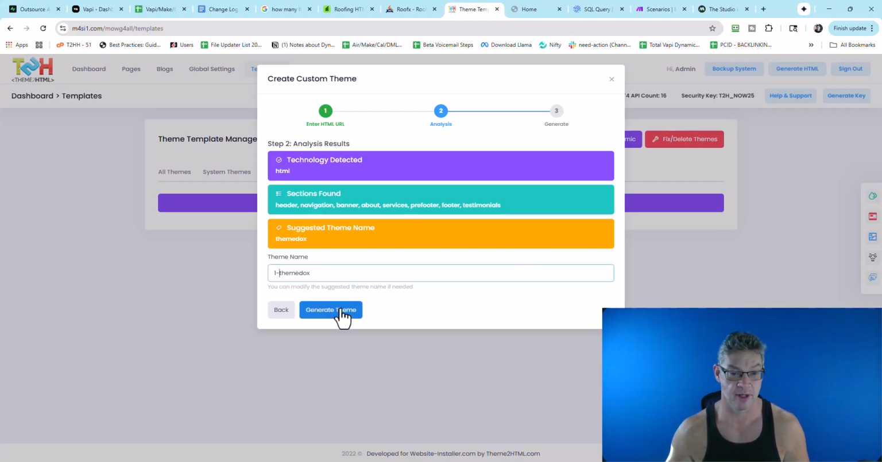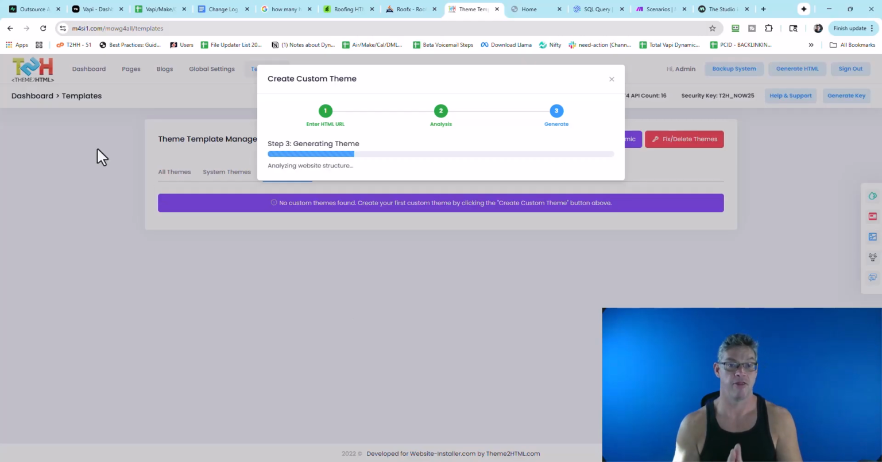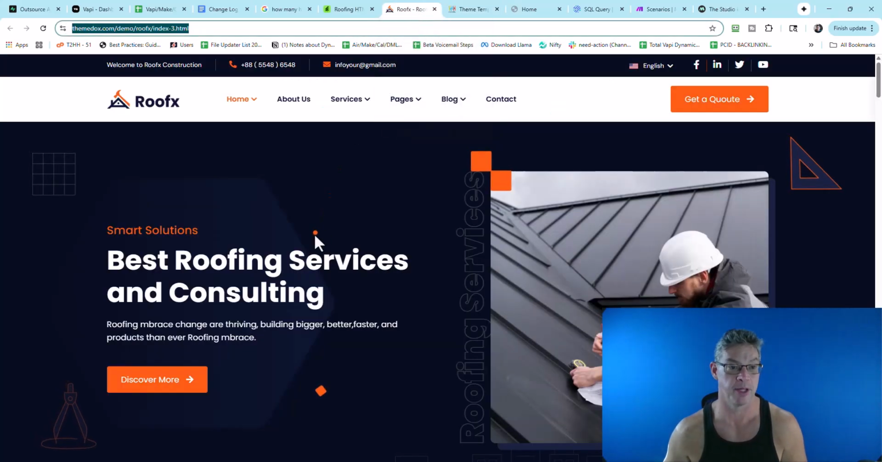So let's generate this theme. And that's what it's doing. It's extrapolating and converting the code to something we can use inside our system. And you'll see what I mean in a minute, because if you look at the original template,